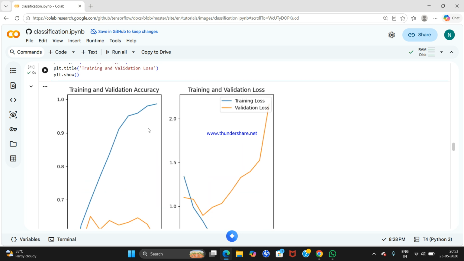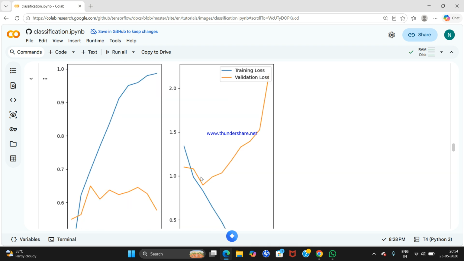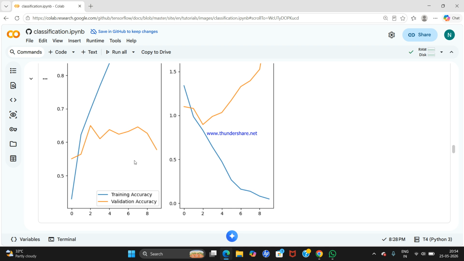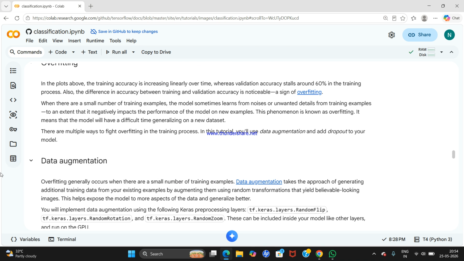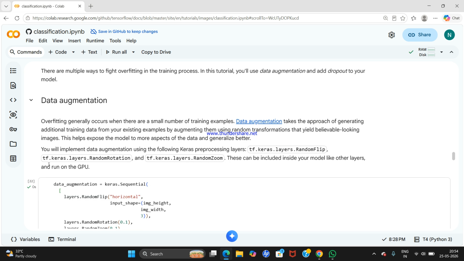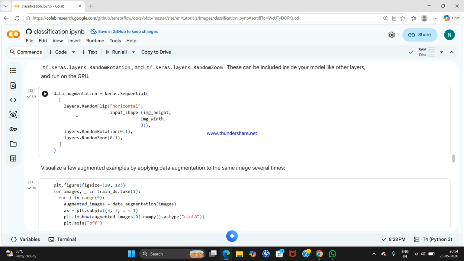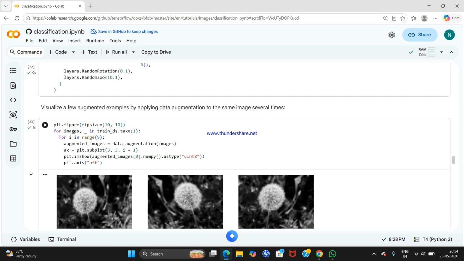Since this is the graph, here we have a very good result, that is the training and validation accuracy is more, and the other one is less. Here also the validation loss is very less, because loss should be very less, then only you can identify this is good. Then there will be some overfitting there, you can avoid it with data augmentation, which is to maximize the data, and then you can write the code to visualize